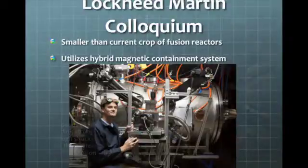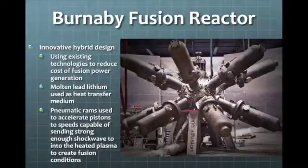The next is the Burnaby fusion reactor, and this is an innovative hybrid design reactor. The key with this from General Fusion is using existing technologies instead of very expensive magnetic containment systems or inertial containment systems utilizing lasers and other ways in which to contain the plasma being created on the inside of this reactor. This uses a molten lead lithium as the heat transfer medium, and as you can see